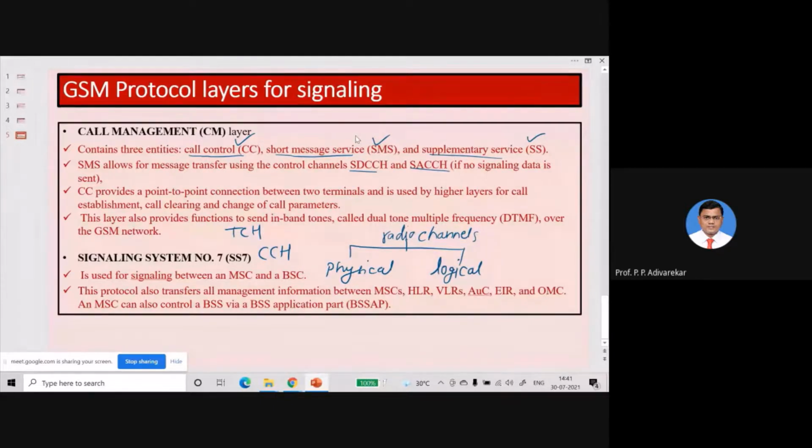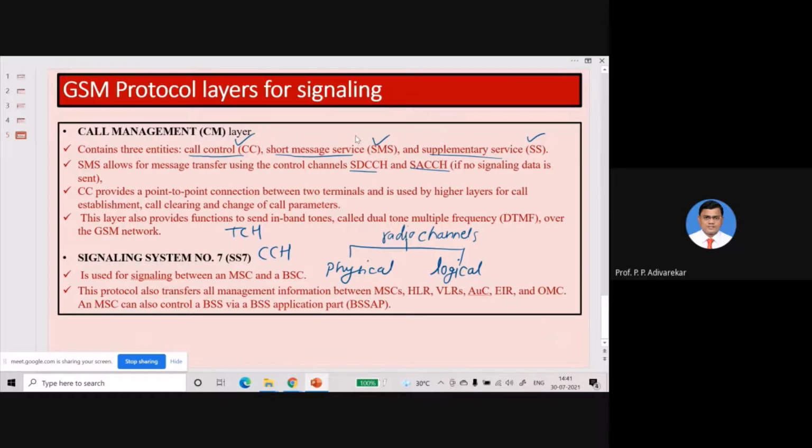Those initiated procedures will be forwarded to the call control layer, which will act upon them, that is, the call management layer. So it is the layer-wise procedure for doing all these things, and that's what CC stands for, available on top. In short, CC manages the communication between the user interface and the lower layers like the data link and the physical layer.